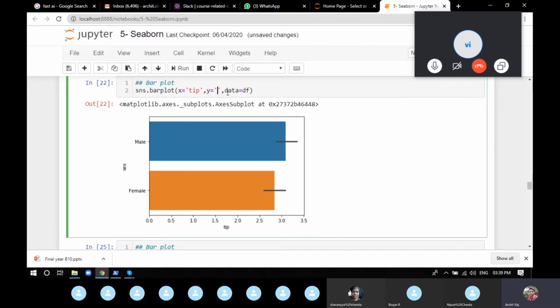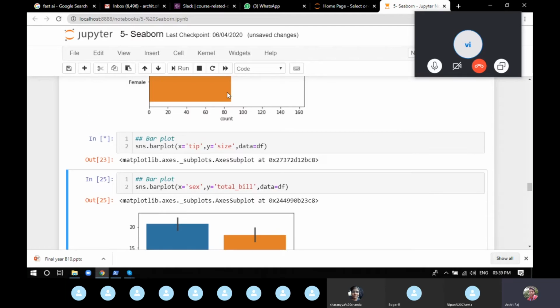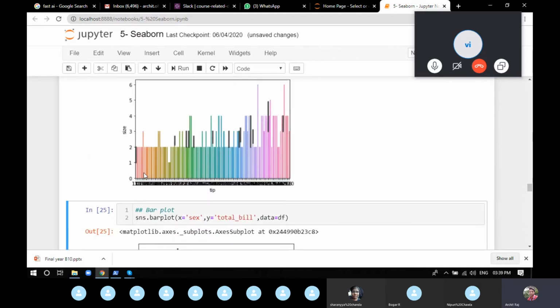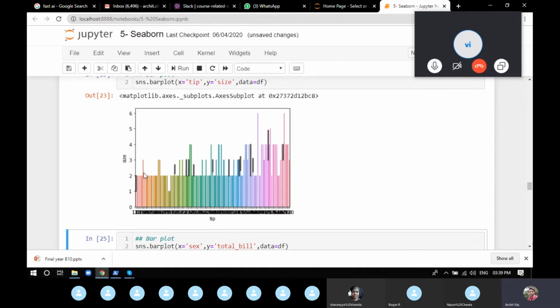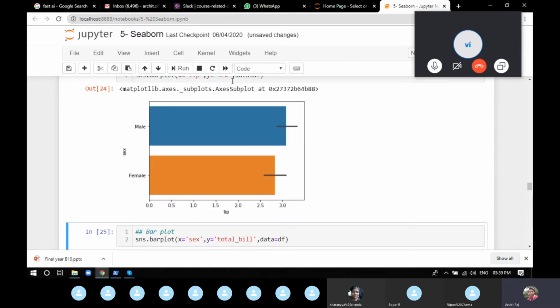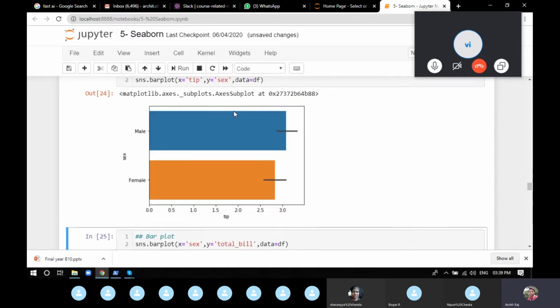It's going to take a bit of time, and you can see your graph has been messed up completely. So make sure one column is continuous and one column is categorical. If both are continuous, you'll get some kind of graph which you'll never understand. So make sure that you have one categorical and one continuous data for bar plot.